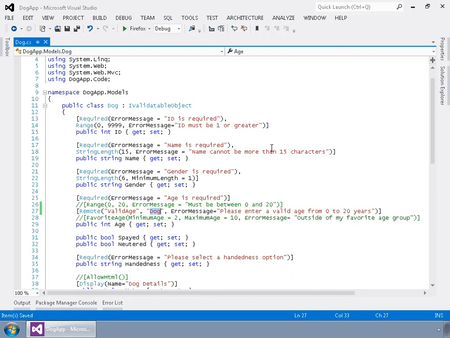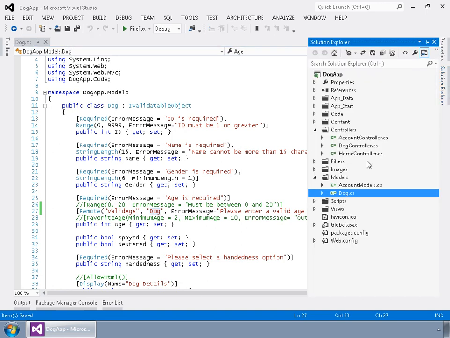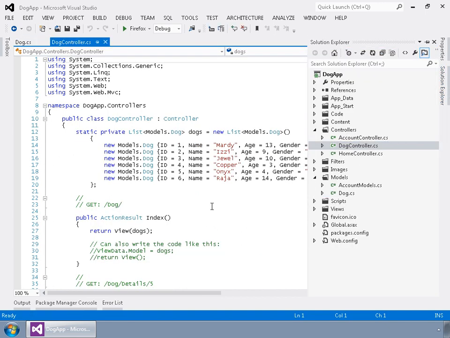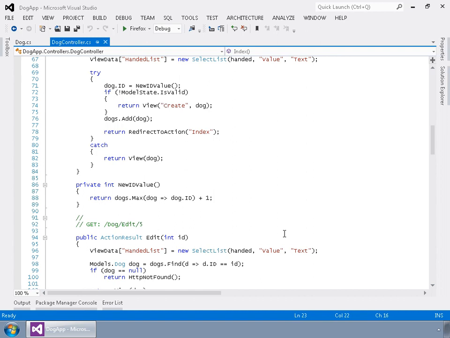It says, hey, I'm being executed by the server, so I'm just going to give you a true false back. So let's take a look at the method that is being called here by the remote attribute. We're going to go into our dog controller and scroll down and find